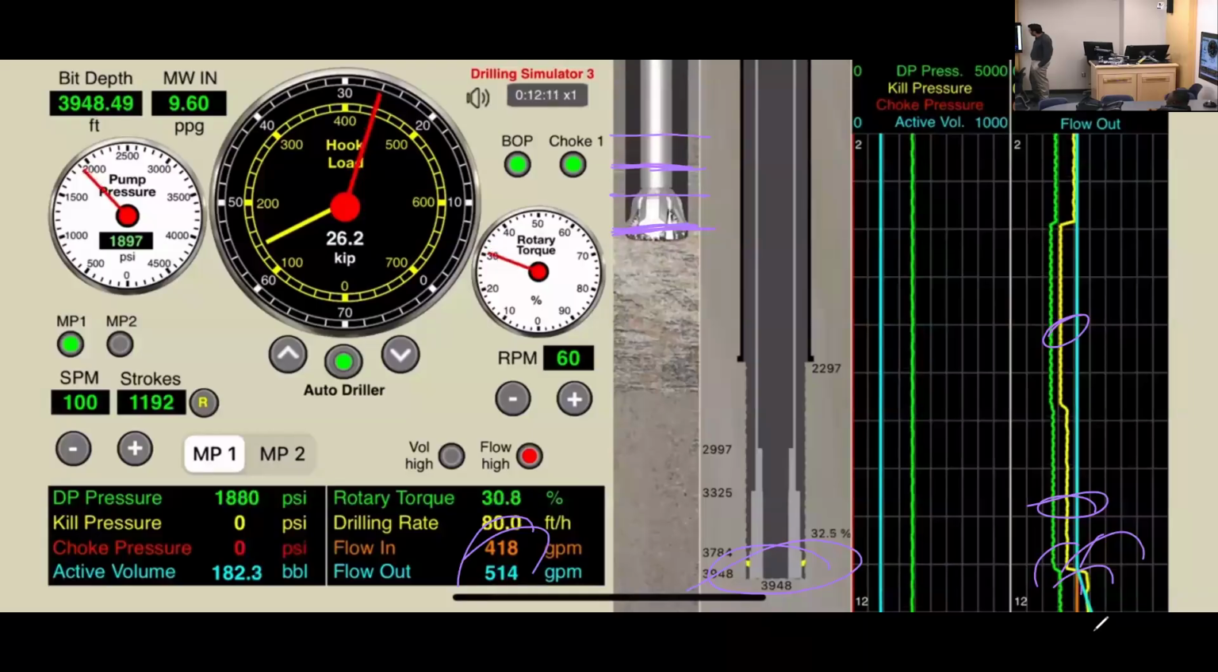I'm ignoring it. I keep drilling. Look at the flow out, how huge it is. And now suddenly my column is getting lighter and lighter because this is really a gas kick. And I'm gonna get a blowout very soon. I can still save it if I notice it now, but